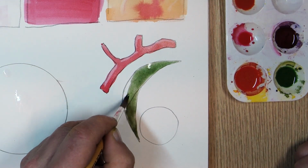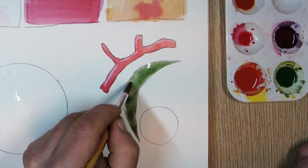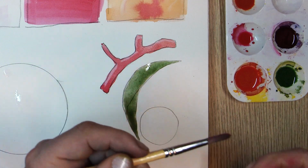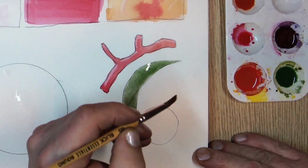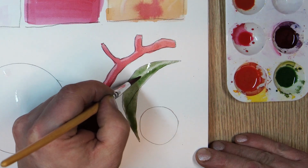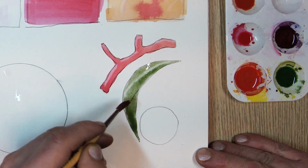And again, I'm going to just go ahead and dry my brush. I'm just going to try to envision where that center line of my leaf would be. Go somewhere like this, and it might continue down there or something. Anyway, I don't want to overwork it though, as I am wont to do. All right,